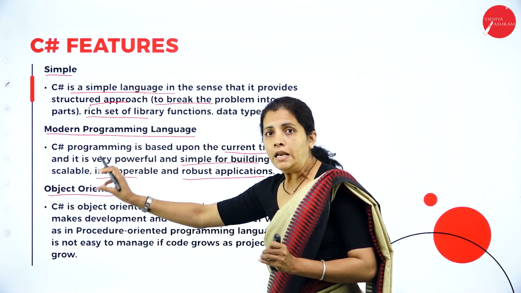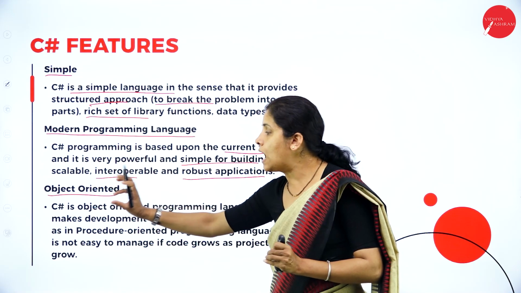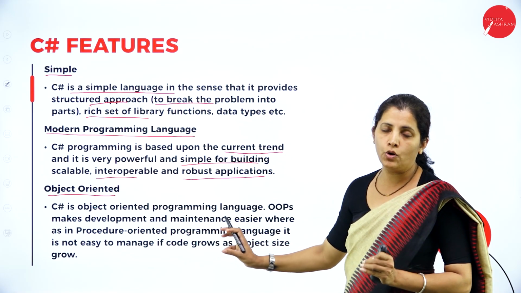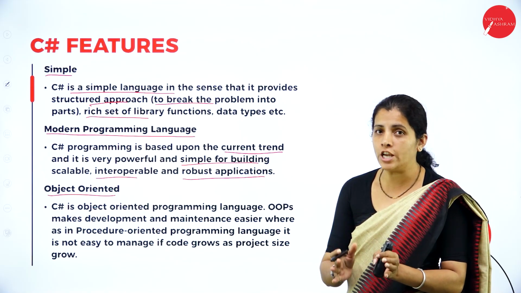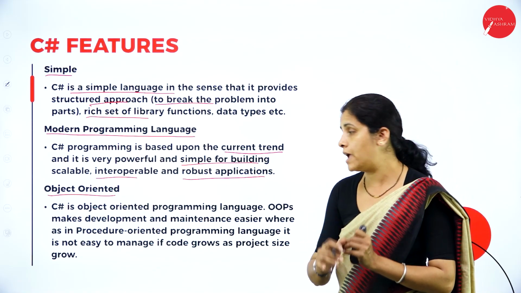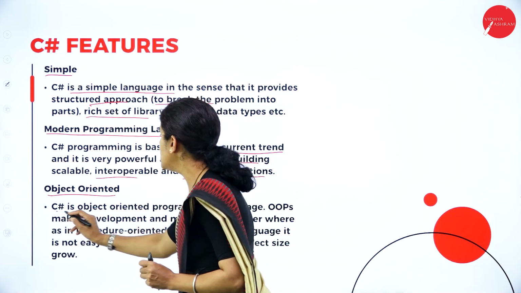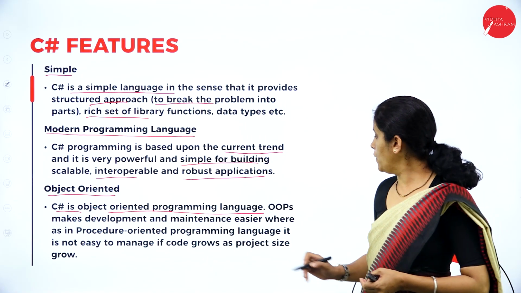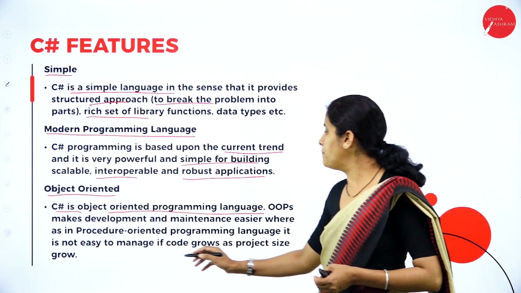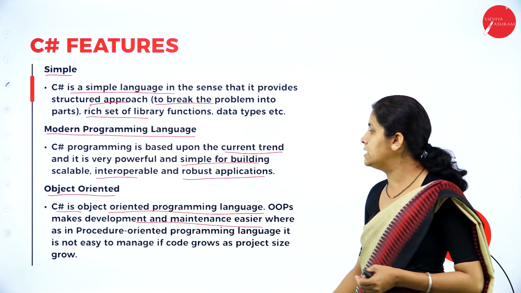Here we are mainly going to focus on class and object. Each problem must have state as well as behavior. So C# is an object-oriented programming language. Okay, OOP makes development and maintenance easier,